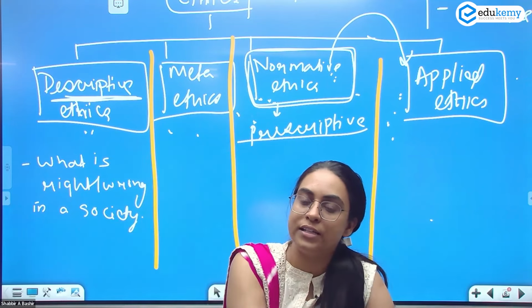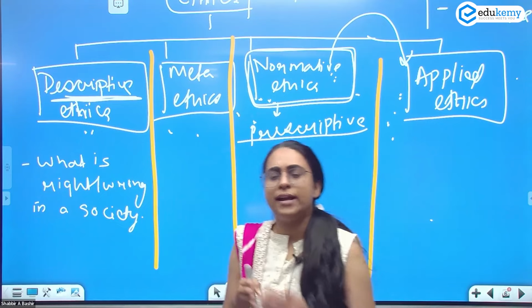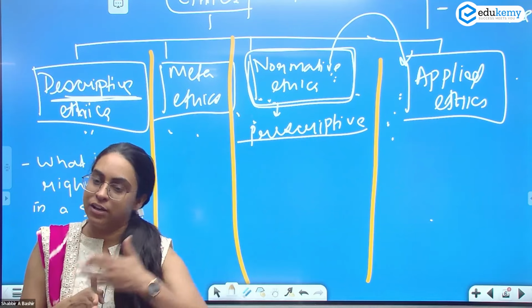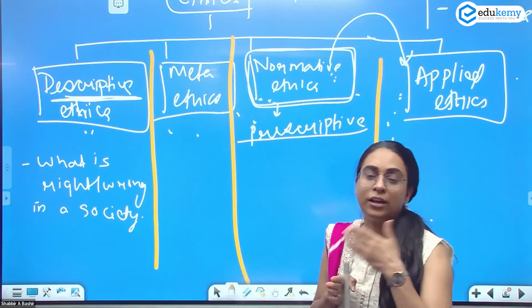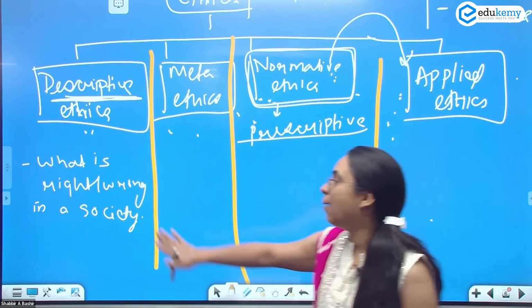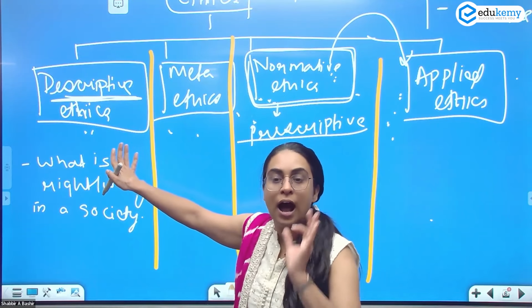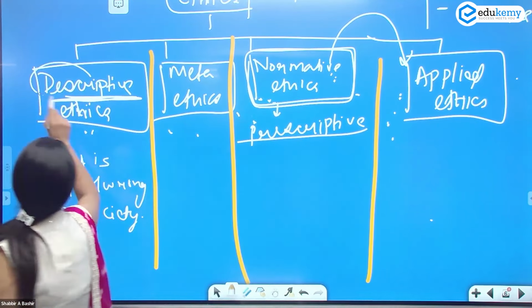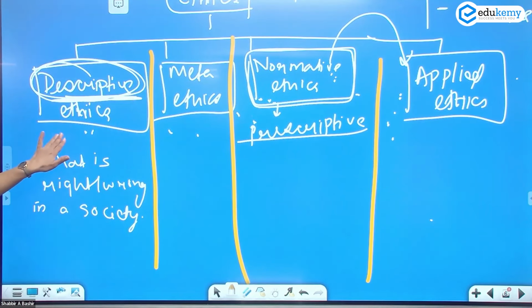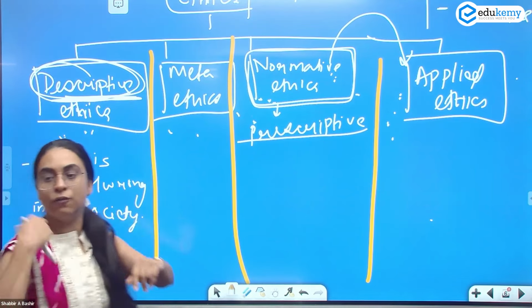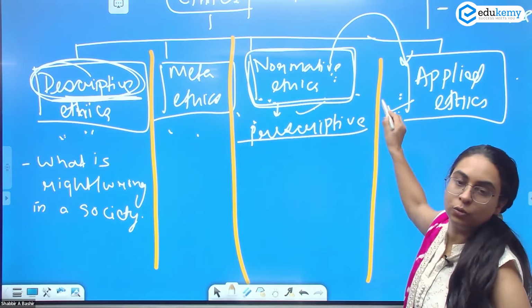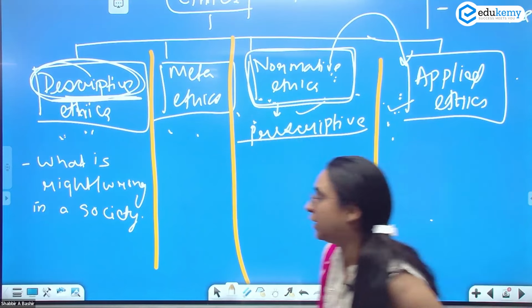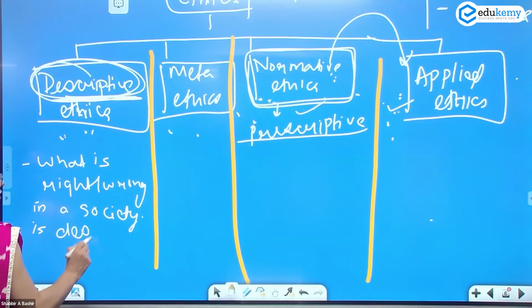You as a person went and studied American society. You said in American society same sex marriage is ethical. In American society live-in relation is ethical. In American society intercaste marriage is ethical. आप सही और गलत है कि नहीं सोच नहीं रहे हो, आप सिर्फ बता रहे हो, आप सिर्फ describe कर रहे हो. तो ये भी एक branch है ethics का. हमारे लिए paper के लिए इतना concern नहीं है, that is concern for those who are doing something else. What is important for me in my paper is these two. So here what is right and wrong in the society is described simply.